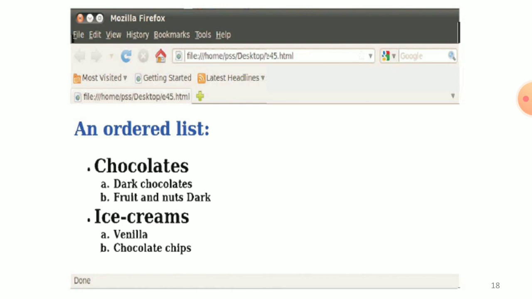First is an unordered list, chocolates, and then inside is an ordered list, a dark chocolate and b fruits and nuts dark, and the second time an ordered list is opened, that means ice cream, and then under it a vanilla and b chocolate chips. That means an ordered list within an unordered list. That means a nested list.